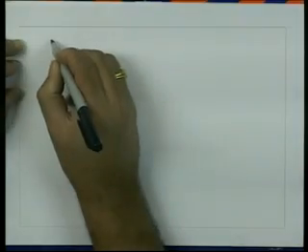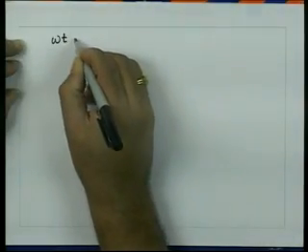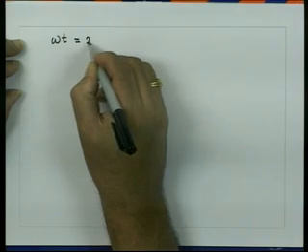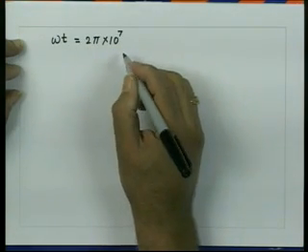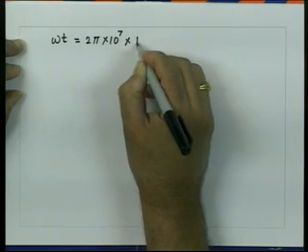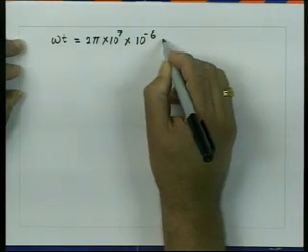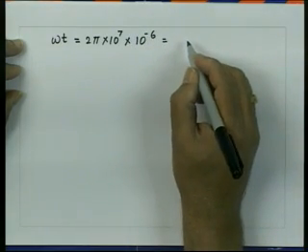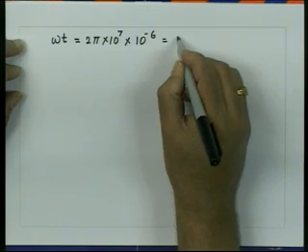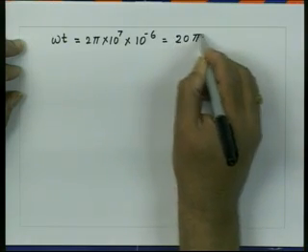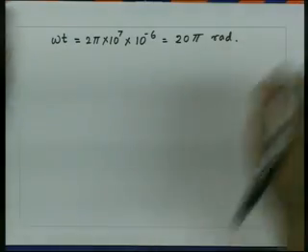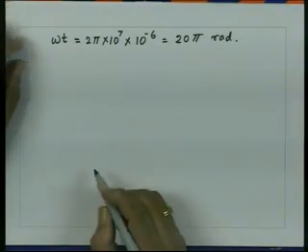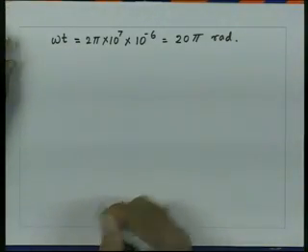And we can get this quantity omega t, that is equal to 2 pi into 10 to the power 7 into 1 microsecond, which is 10 to the power minus 6. So that is equal to 20 pi radians. So now we got all the basic quantities required for calculation of the electric field,